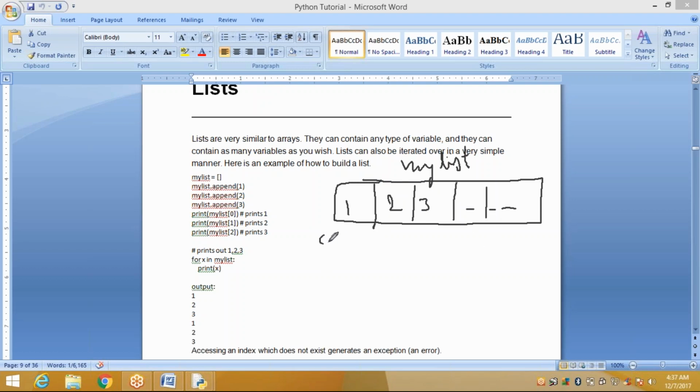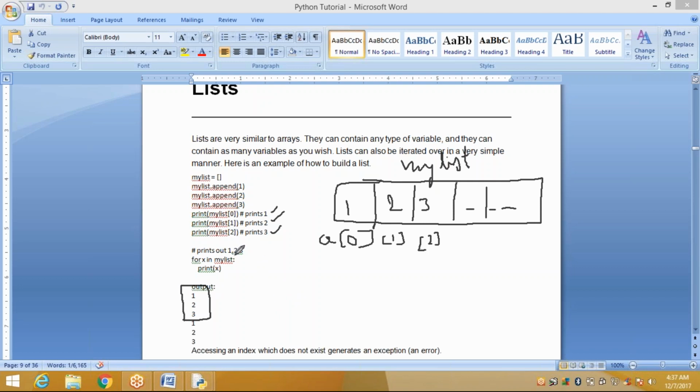So this is array of 0, this is array of 1, this is array of 2. Now you want to print my list array of 0, here it prints 1. Here it prints 2. Here it prints 3. So when you execute this program, the values are displayed like this: 1, 2, 3. This is our output.